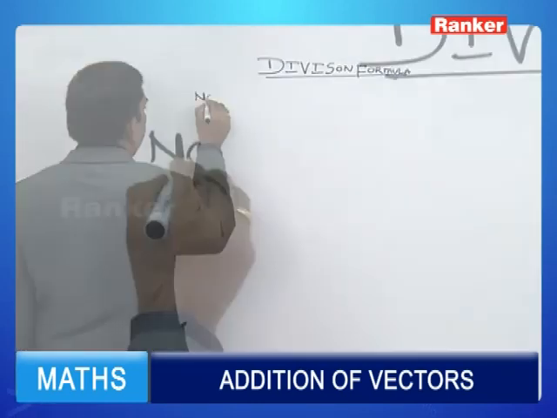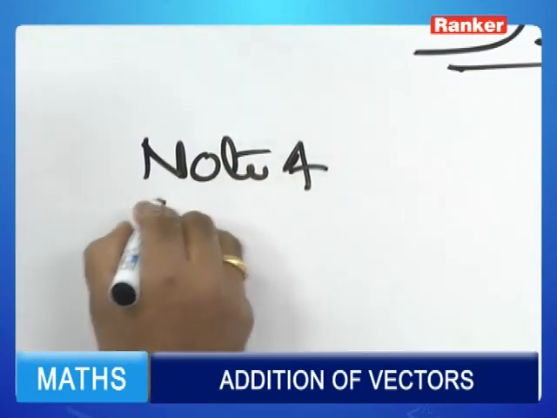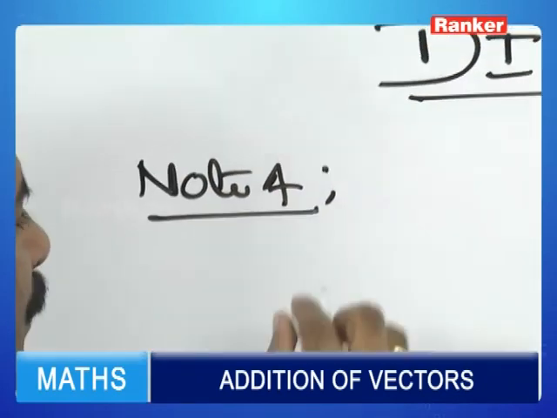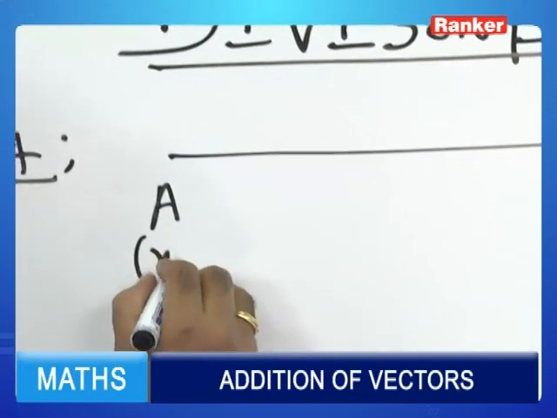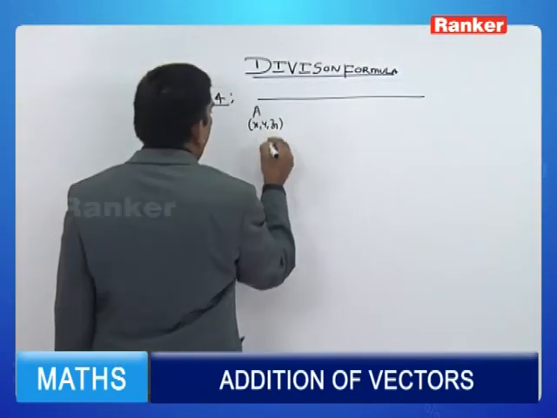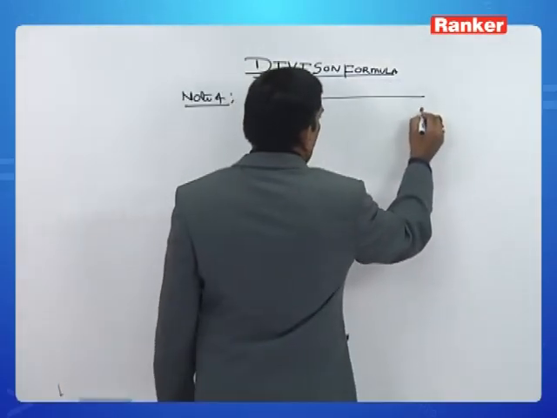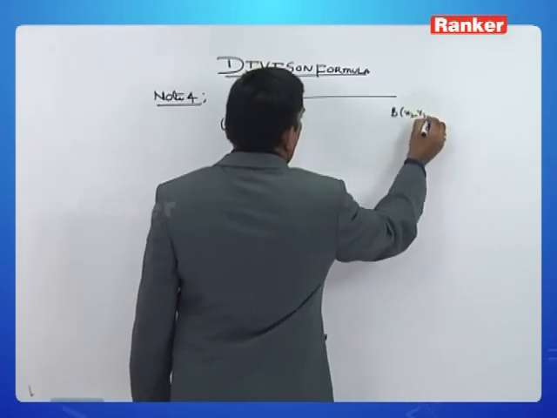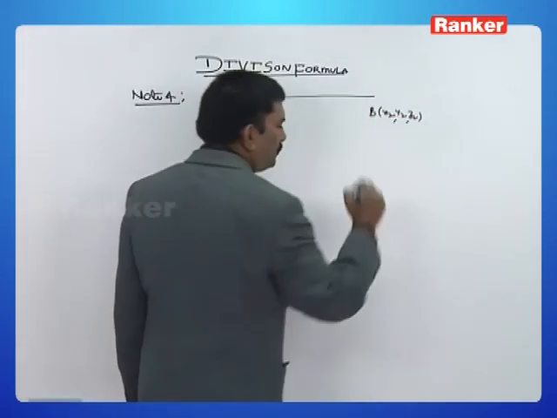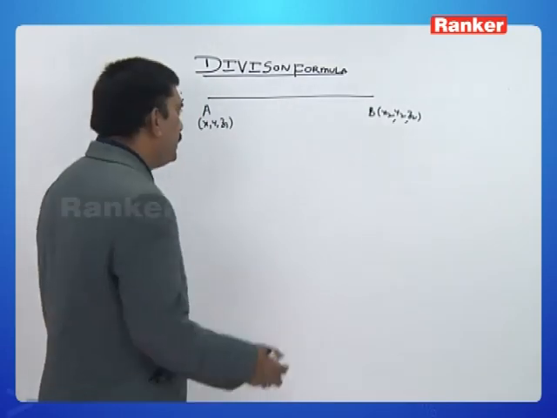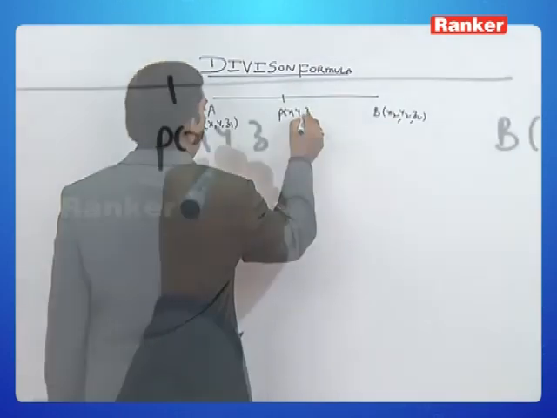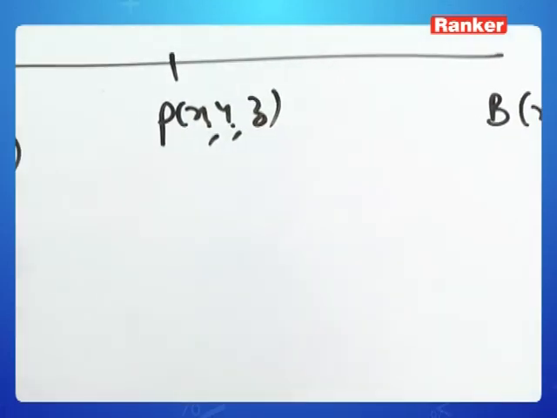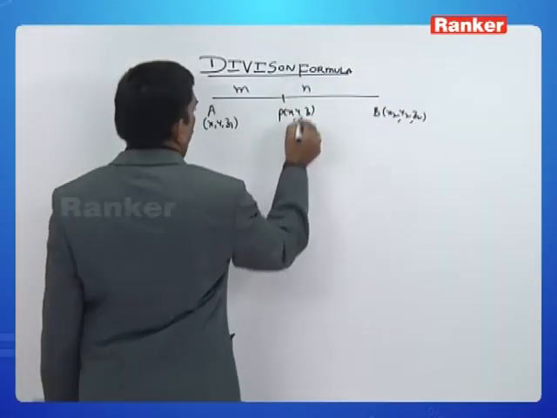Therefore, if I take this point A of x1, y1, z1, B of x2, y2, z2, then if I take this point as P of x comma y comma z, if it divides in the ratio m is to n,